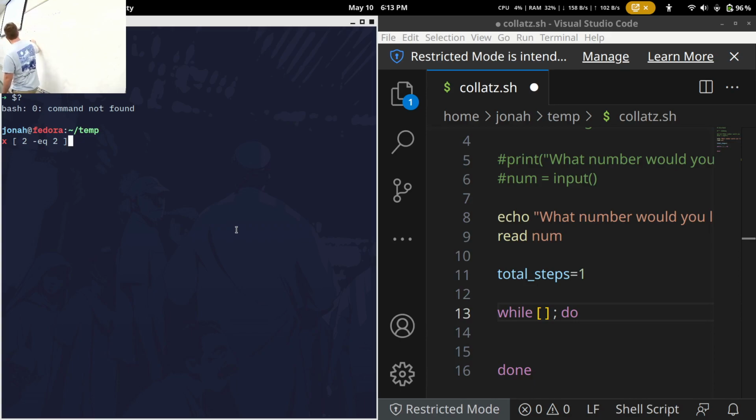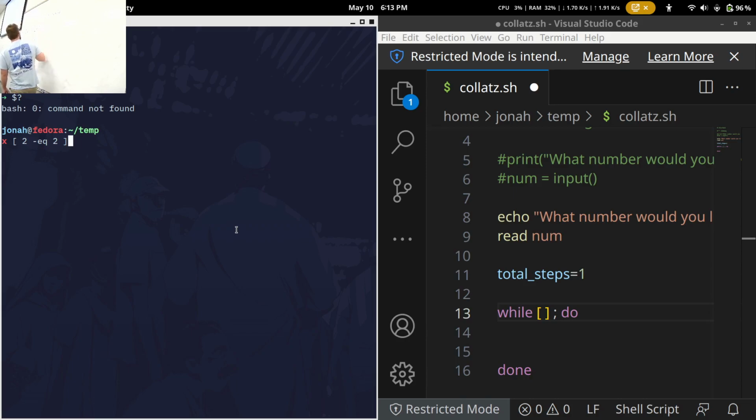And that would return true. In bash, you will set angle brackets, the operand, and then you use a flag. In this case, dash eq, and then that will return status code.